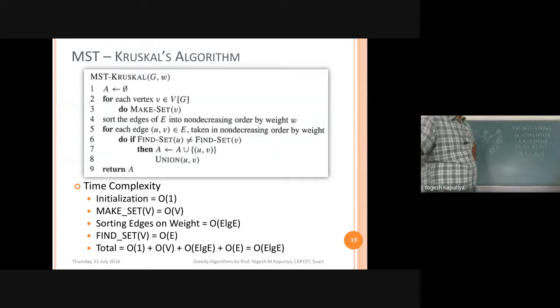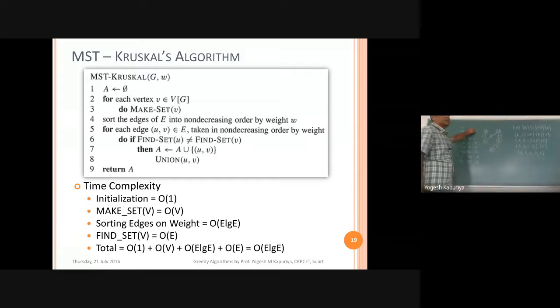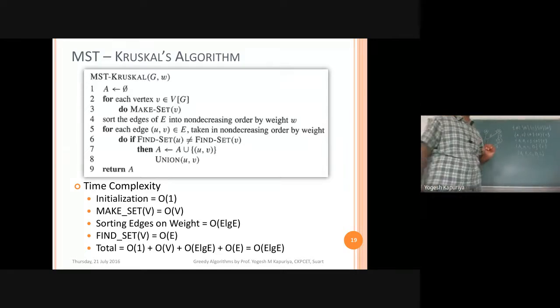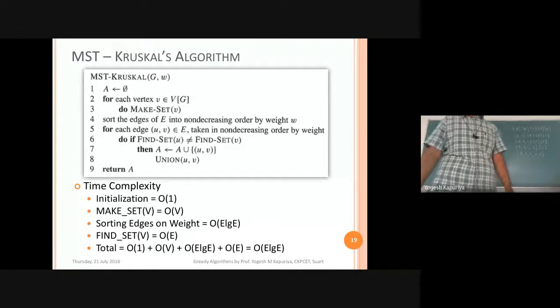If that is true, then it makes a case where UV can be part of your minimum spanning tree. So what we will do now: A is equal to A union UV. What is A? A is your solution, A is your result, your resultant variable, whatever you want to call it, but A is your minimum spanning tree. That means we are adding that particular edge into my minimum spanning tree. Second thing we are doing, we are making a union of U and V. So whatever sets are available for U and V, we perform a union operation.